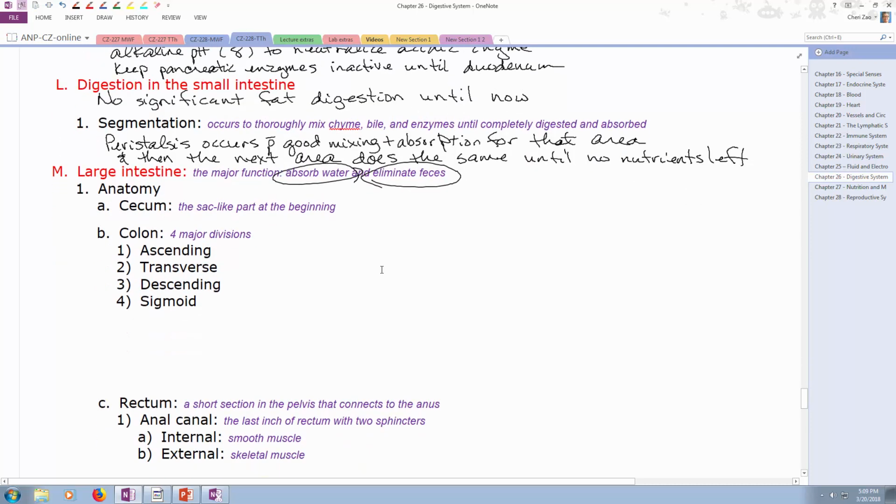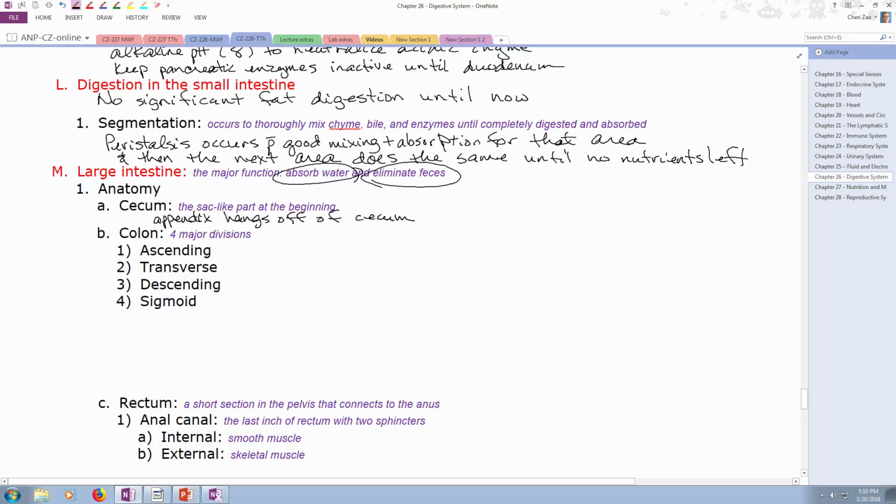Anatomically, the beginning of the large intestine is the cecum. Sac-like beginning of the large intestine. Is that in your right lower quadrant or your left lower quadrant? It's in your right lower quadrant. The appendix hangs off of the cecum. So that's where you find the appendix. Then we have